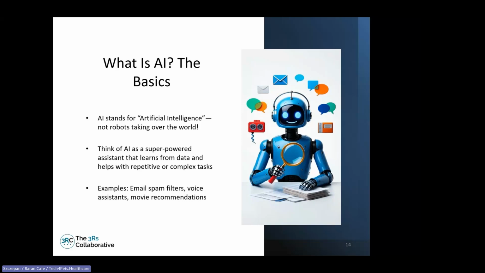So some of the examples that we are already using, and maybe if you didn't know, the system is already using AI for you: email spam filters, voice assistants, movie recommendations, right, that you get on Netflix, Hulu, or whatever platform that you